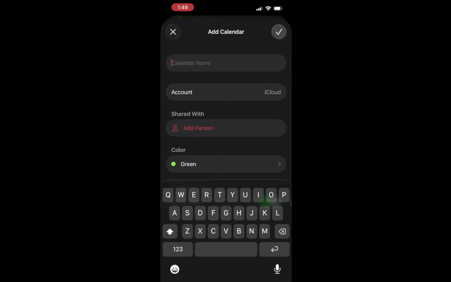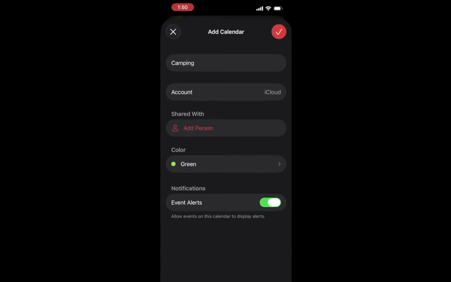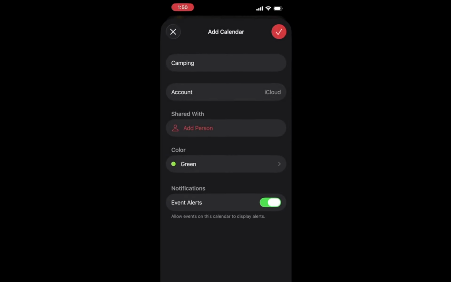After that, enter a name for the calendar. Be sure to choose a name that clearly reflects its purpose, such as work schedule or family events. This clarity helps you quickly identify the calendar later on. As you type, you will see the name appear in a text field. This small yet important detail ensures that your calendar is easily recognizable. You can take your time to think of a name that suits your needs best.